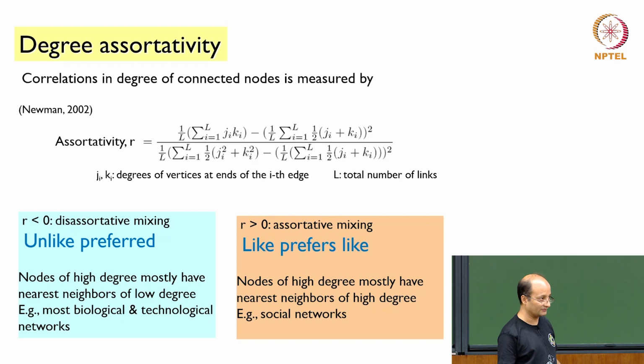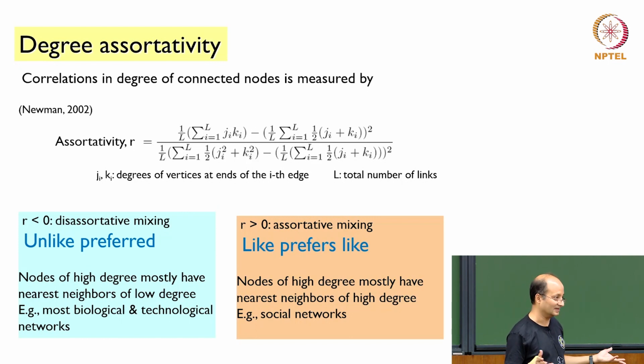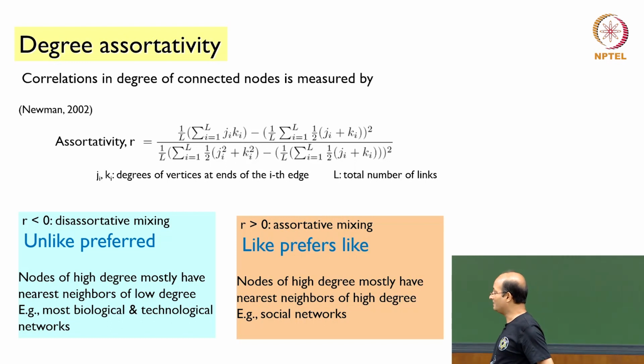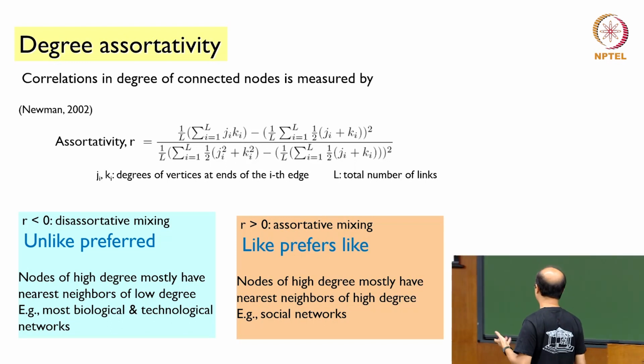The example I was giving of congestion is this airport network problem. Typically, because all the airport hubs are connected to each other, like Delhi and Bombay have a very high degree of connectivity, as they do with Chennai and Bangalore and so on. So, even early in the morning, when the planes are just starting out, you feel the effects of this fog in Delhi first in hubs like Chennai and Bangalore, before it starts making its effects felt in other areas such as Trivandrum. So it starts spreading very quickly. That's what I meant. So that's one of the reasons why people think that disassociative mixing is very commonly seen